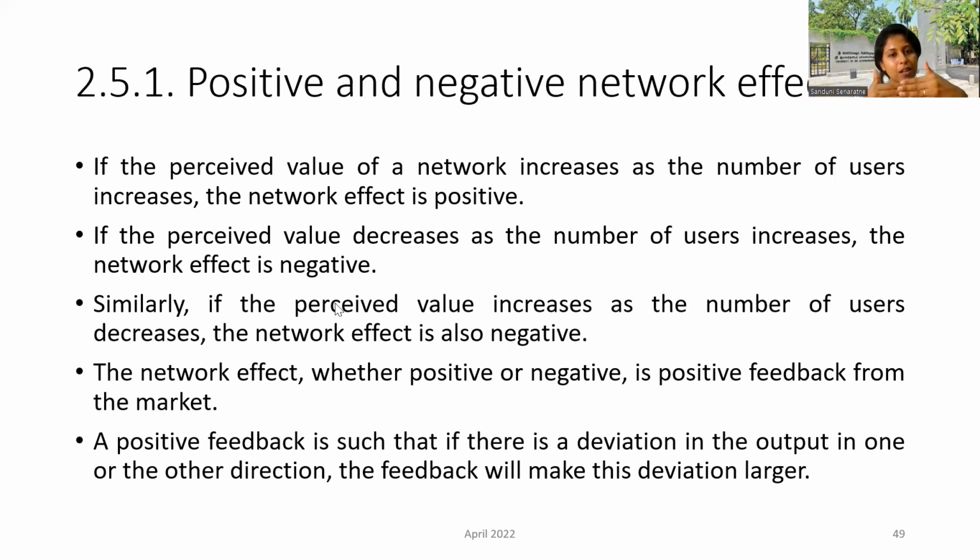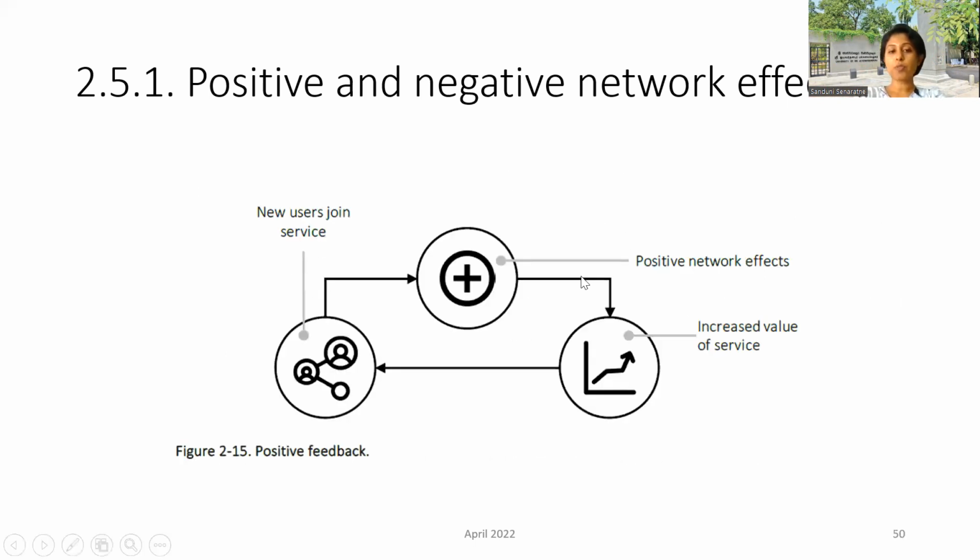Can you see how two events or two variables mutually reinforce or strengthen each other, right? So that is what you call a positive feedback loop, right? So if we explore it a bit more through this illustration, now in a network, consider that this is a social media network of some sort. So new users keep joining the service. New users keep joining the network.